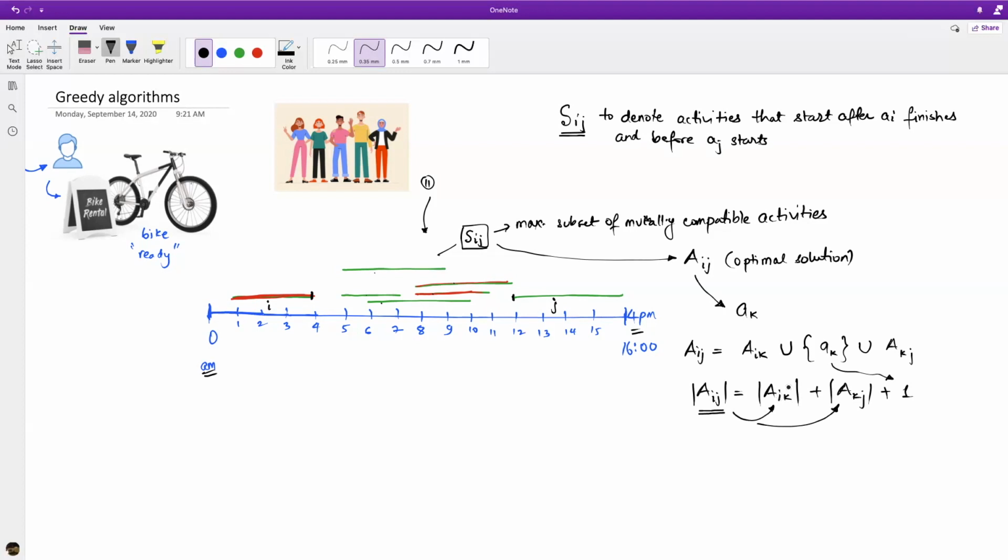That is, if we have an activity Ak that falls within the optimal solution, then we can actually break down the calculation of the size of the maximum number of elements into two problems. Now let's check if such a breaking down or splitting of our problem is actually valid. In other words, what we want to ask is: is Aik the optimal solution for my set of activities Sik? So all the activities that start after i finishes and before the activity k starts, for this set, is Aik